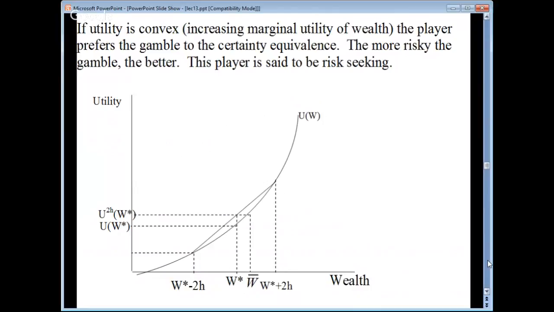Well, in this case, utility is higher for taking the gamble than if he didn't take the gamble. So he has more utility. That makes him risk loving. Now notice that at this utility level, for him to have the same level of utility,